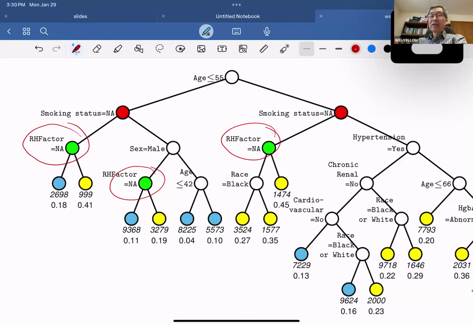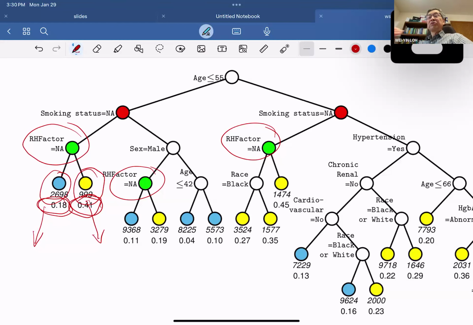So for example, here, right? The left node here, we don't know the people's rhesus factor, the sign of blood type. Here we know. If we know, your chance of dying or intubation is 41%. Whereas if we don't know your rhesus factor, it's only 18%. So now rhesus factor itself is, I think, an indicator of severity of disease, because you will